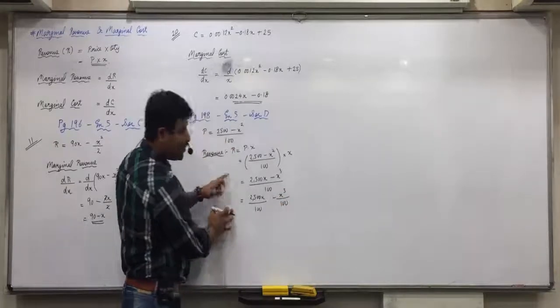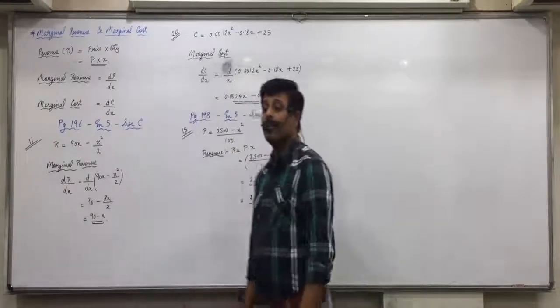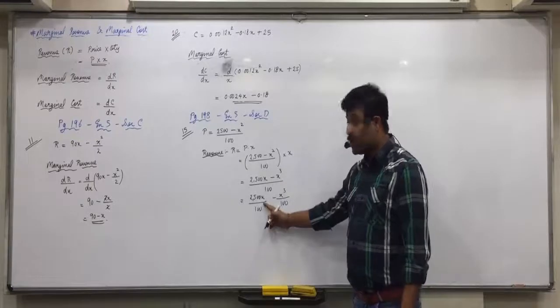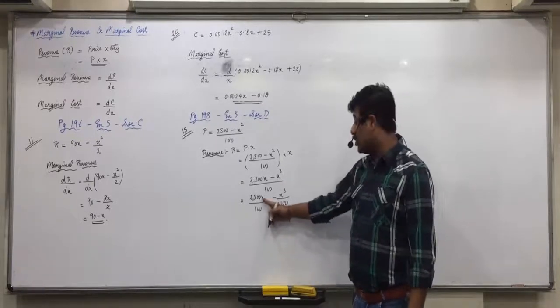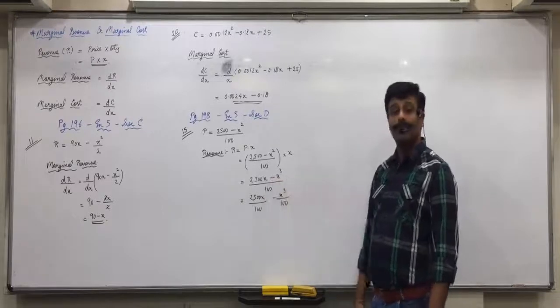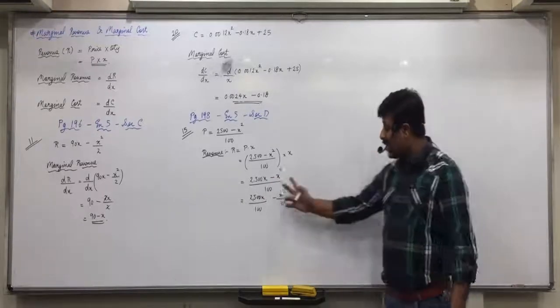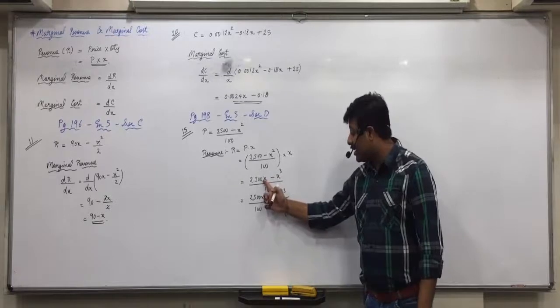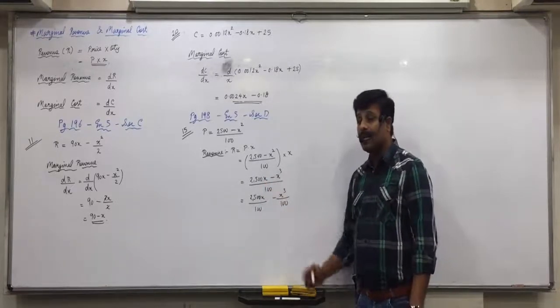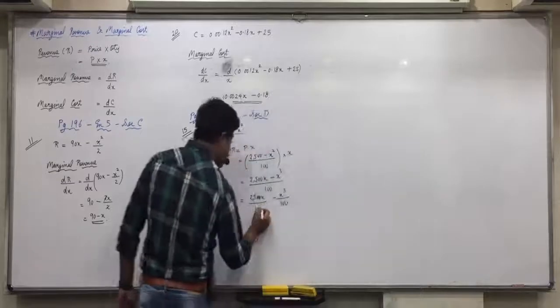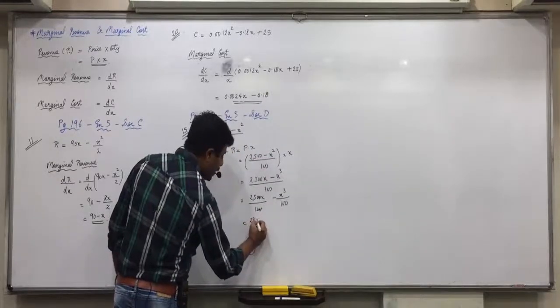Do both of them mean one and the same or not? For example, here if you do the LCM, then what is the LCM? 100. Then what would you get? 2500x minus x cube. So you split this in two parts. 2500x also divided by 100, x cube also divided by 100. Now this 100 gets cancelled. 25x